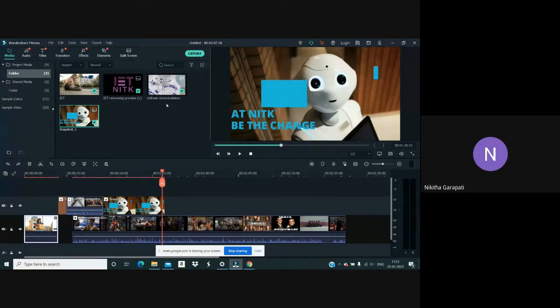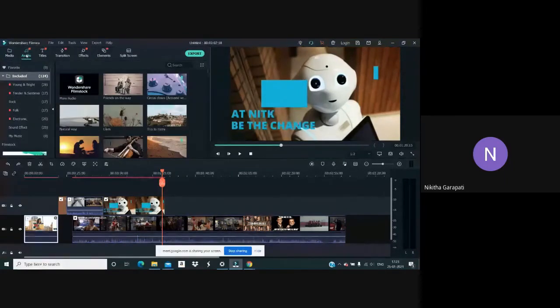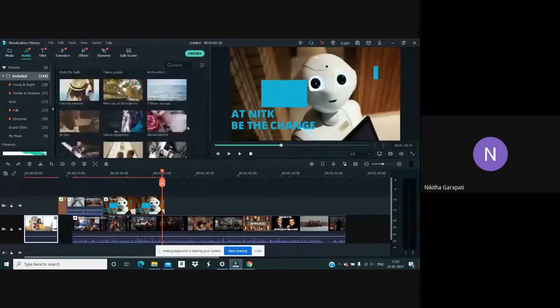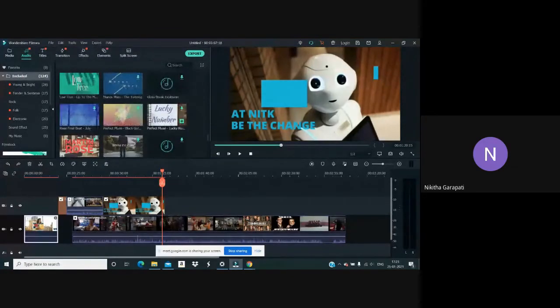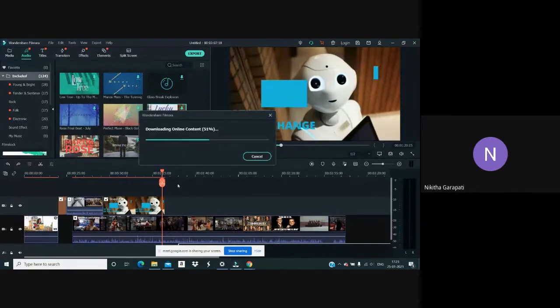And the next thing is I'll talk about these functions that are available. So the first one is audio. As I said, whichever you want to use according to your requirement, you can just place your cursor on that and drag it to where you want it.